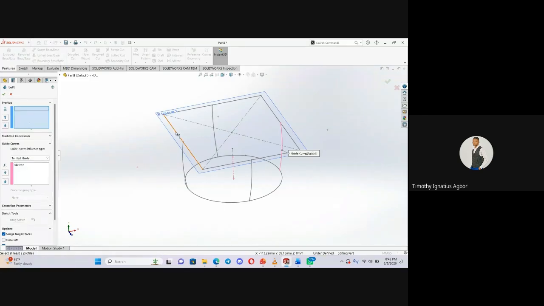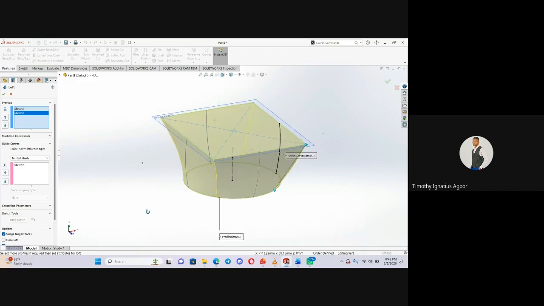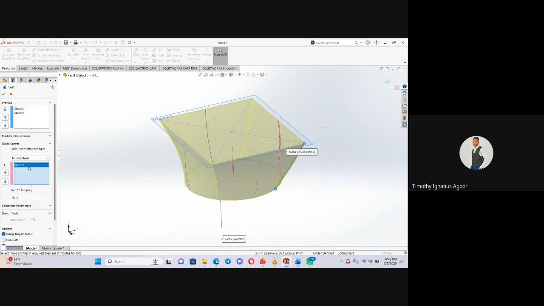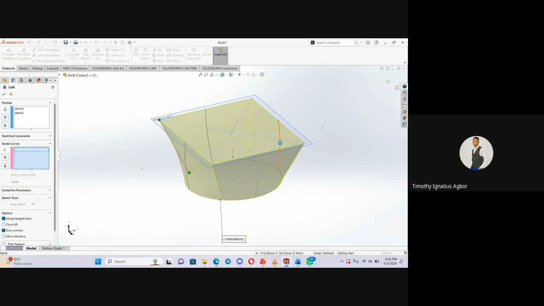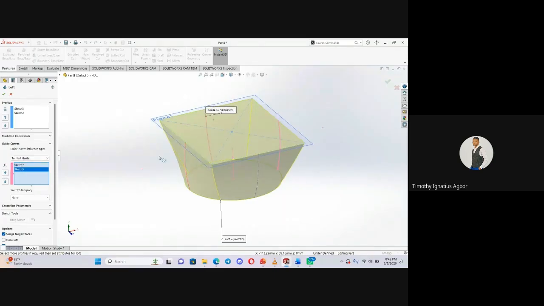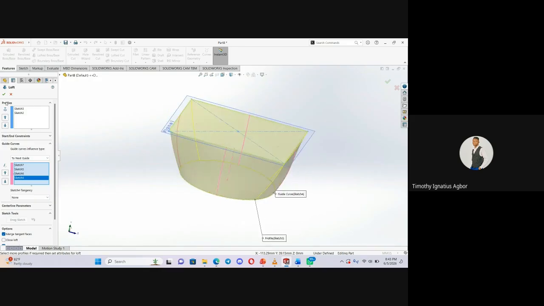So you click on your top for your profile, and you click on your bottom. You see you've been able to create your loft, but you want it to be guided at every end. So delete this. You click on this, it will guide it by this side. You click on this to guide it by this side. Click on this to guide it by this side, and click on this line. If you say okay,